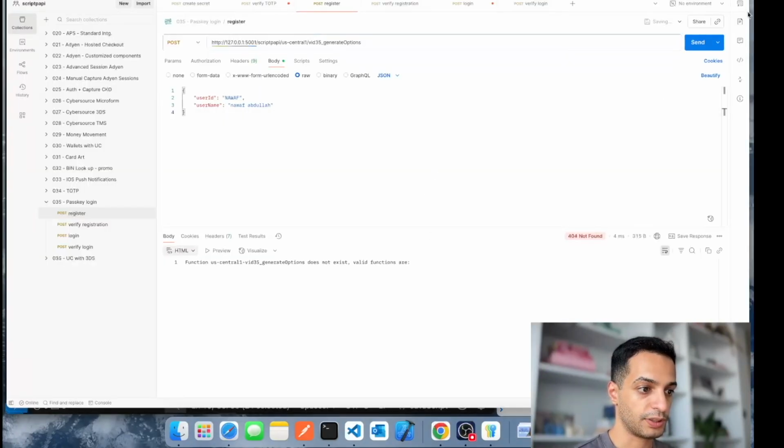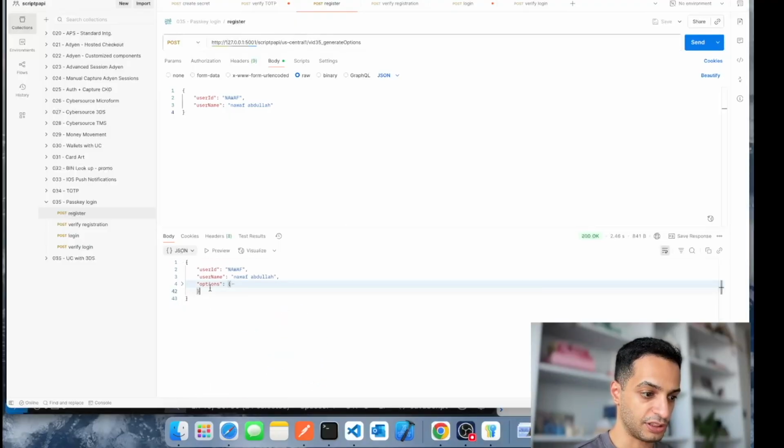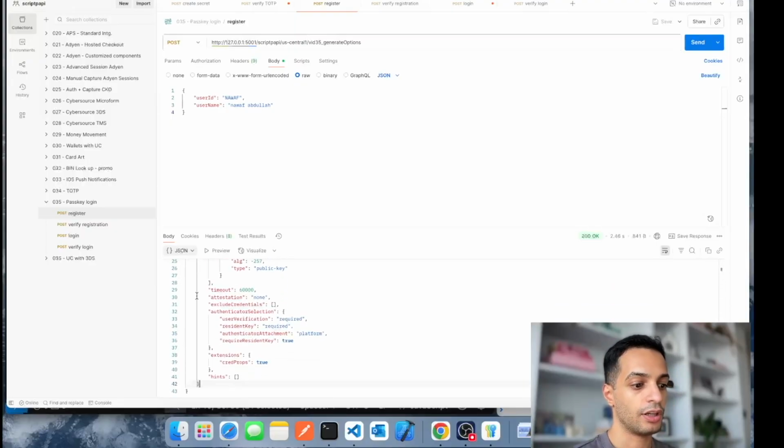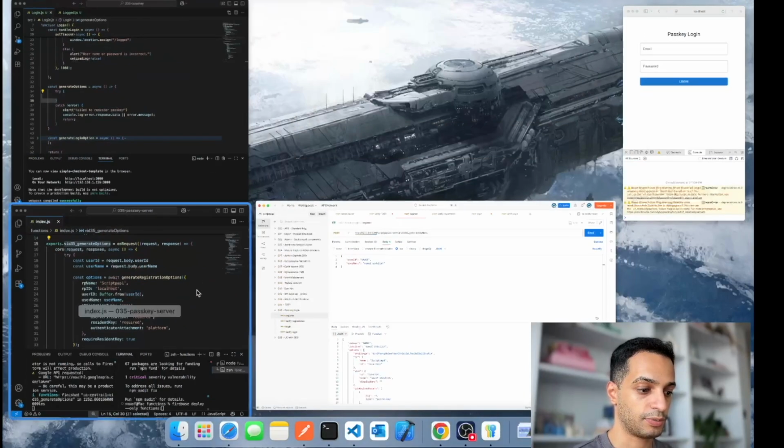All right, here's Postman, here's the endpoint. Let's try to test it. And this is what the response looks like. Now, this options object, which is full of a lot of different stuff, is what we're going to use to display the passkey registration option to the user. So you need that. Now let's go ahead and deploy this endpoint to production so we can use it in